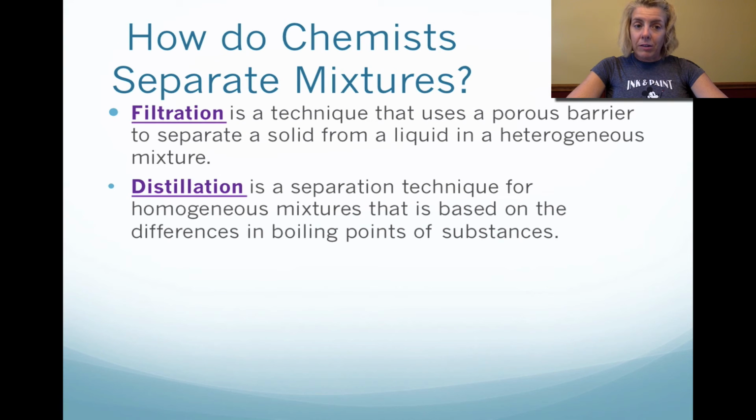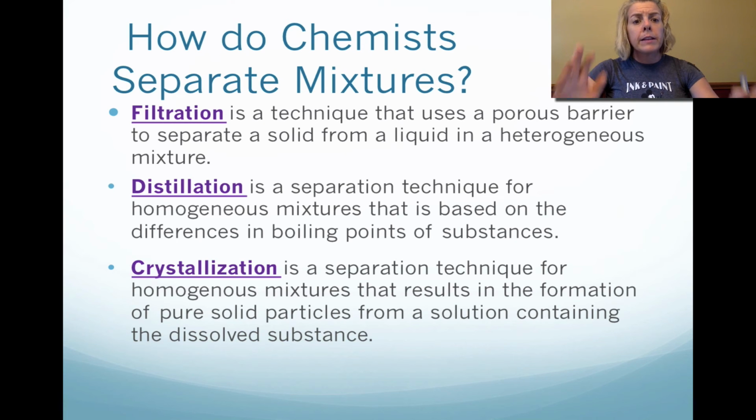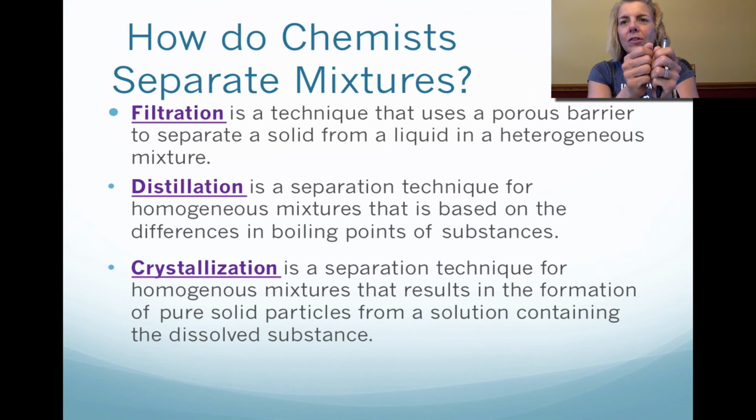Another type is distillation. With distillation, you typically have two liquids with different boiling points, and as you heat them up, one boils faster than the other, and as a result, the one that boils first, its vapor is collected in another vessel and then separated out from the other liquid. And then crystallization. We use that a lot of times, especially if you're making rock candy. You are crystallizing the sugar out of the solution, and you just need a seed crystal to start it, and as a result you get a solid